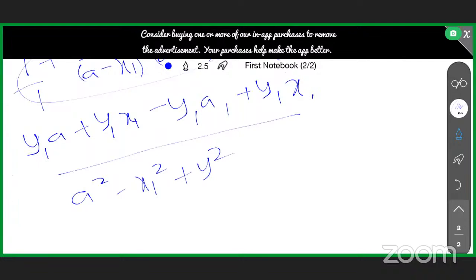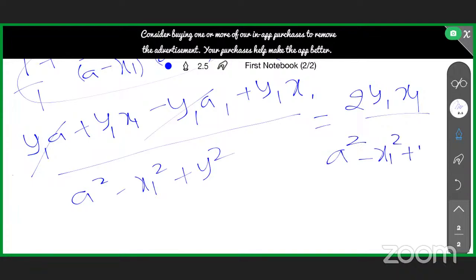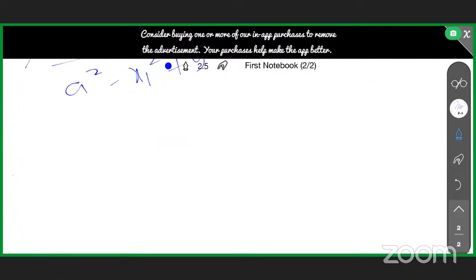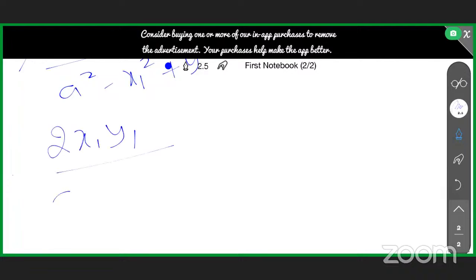See, if you look carefully, this y1 gets cancelled. So what is left out is 2y1 x1 by a square minus x1 square plus y1 square. So this is the value of my left hand side. So the entire thing is the value of my left hand side, that is 2x1 y1 by a square minus x1 square